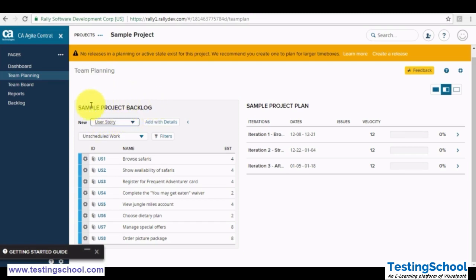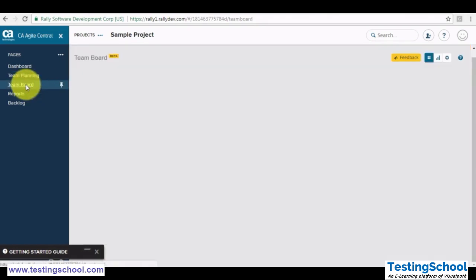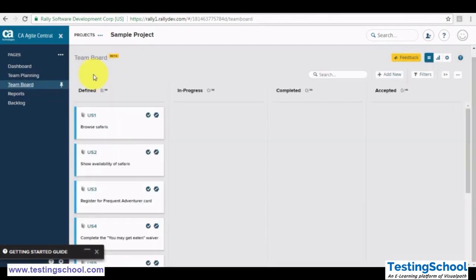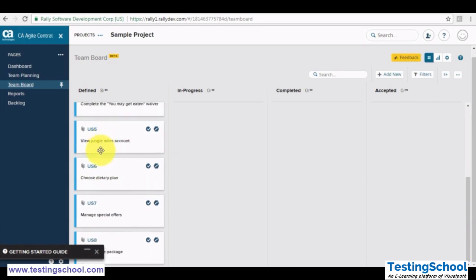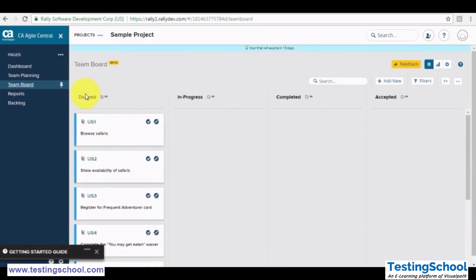All the complete backlog is available in this section. Then we have some team boards. If I click on the team board, whatever user stories are available in the sprint will display over here, and you can see that it is in the defined mode. So we have in progress, completed, and accepted. You can transfer your user stories to any mode once you start